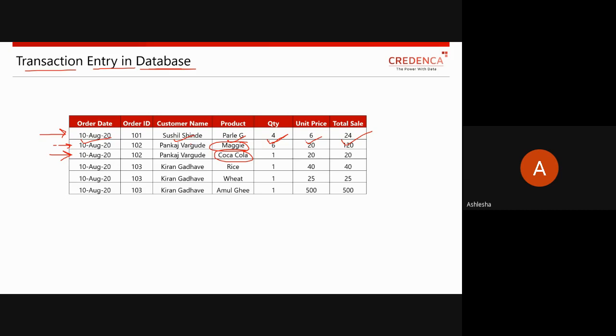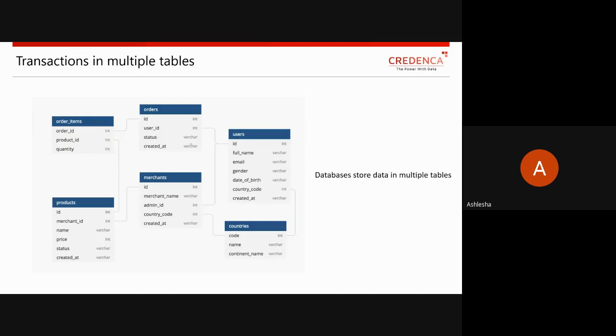Now, right now you are just maintaining this much information, so one table is sufficient for you. But suppose you want to maintain detailed information about each transaction, then a single table won't help you a lot.